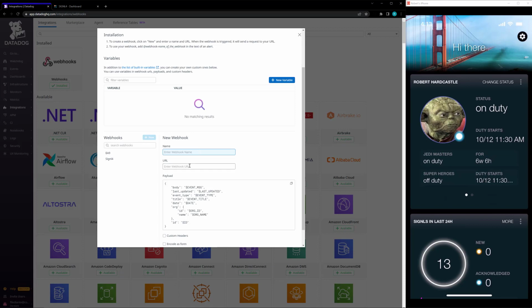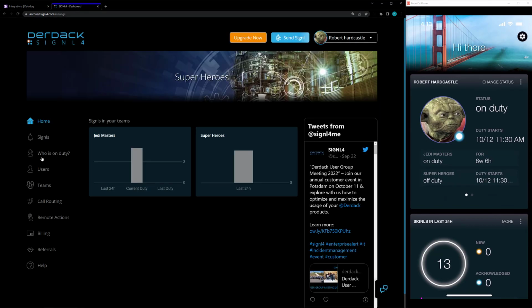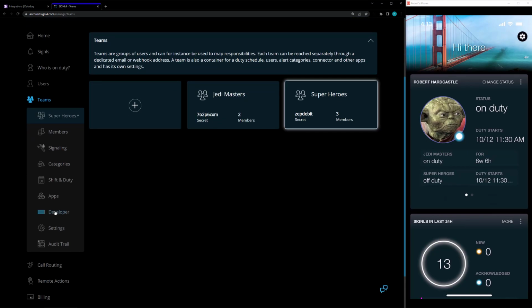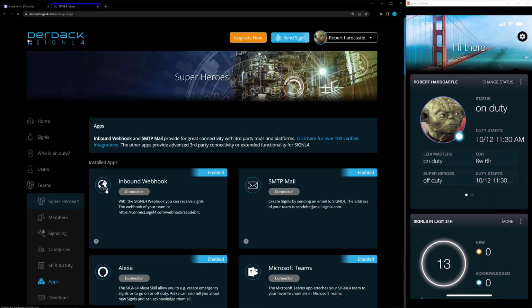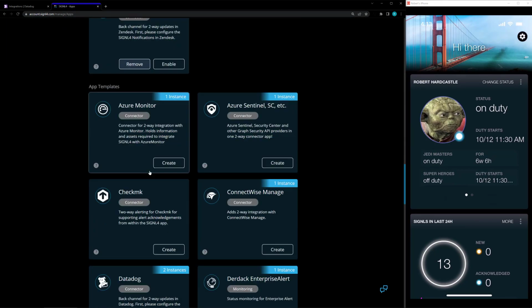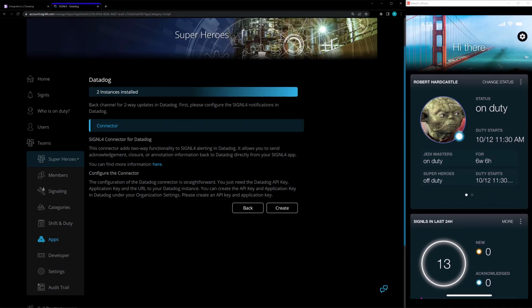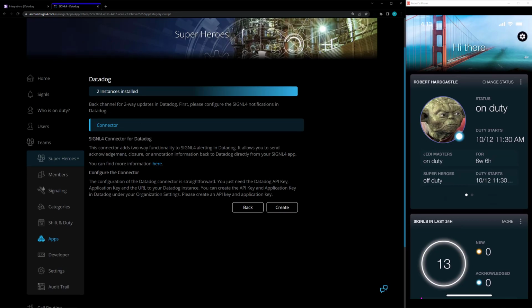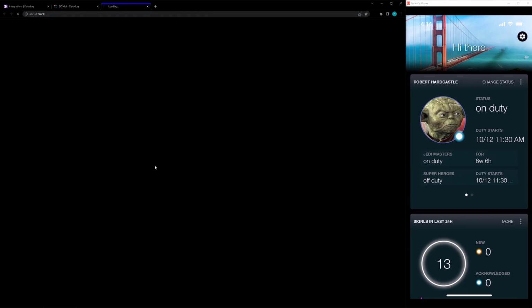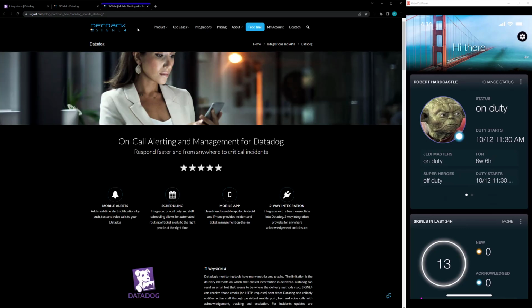Once we input the name, next up we need the URL. So for the URL, if we go back to our SIGNL4, and I go back under my teams here and select my team, and then click on the apps option, and scroll down, we will actually see a Datadog connector. And if I click on this page here, it is going to open up the information page for your Datadog connection. The important part here is we have more information on what you're going to need for the connection in this sentence here. So if I click on the here link, it's going to actually load up my Datadog integration